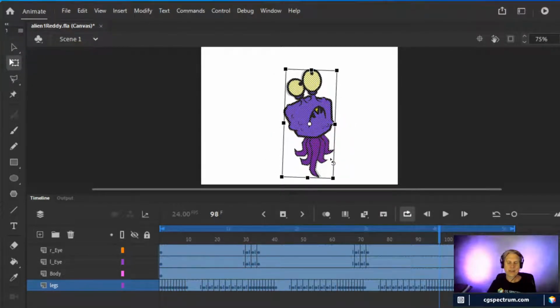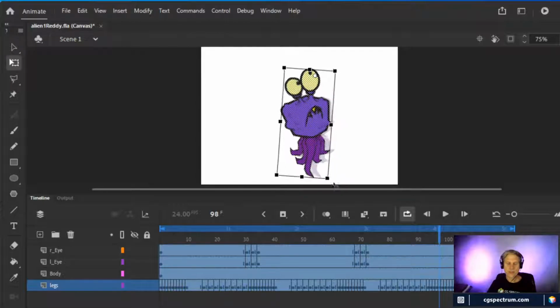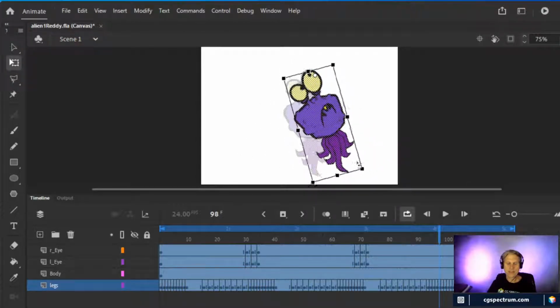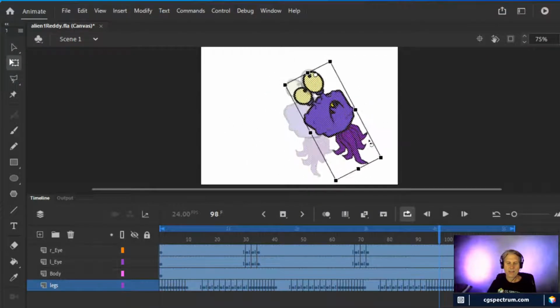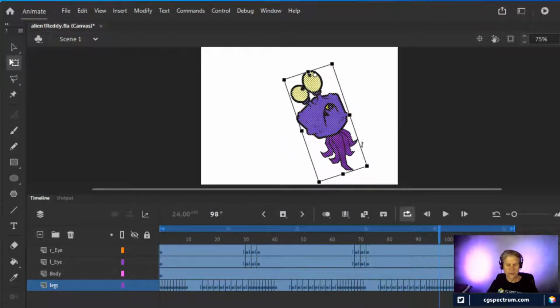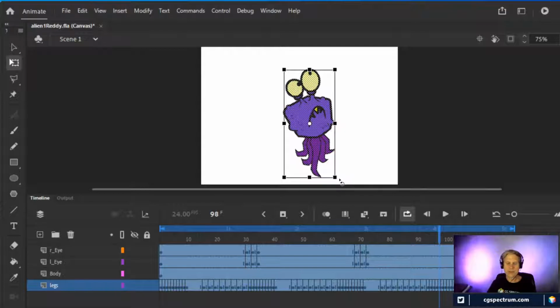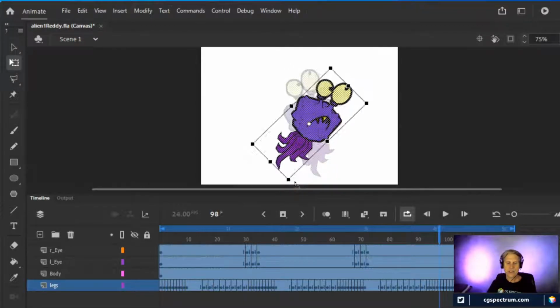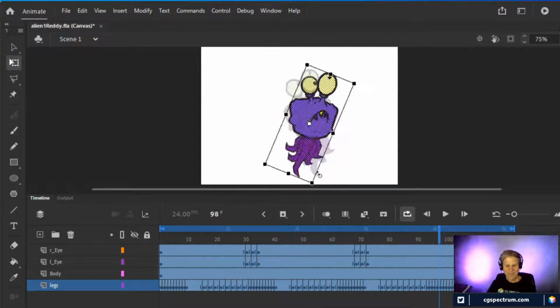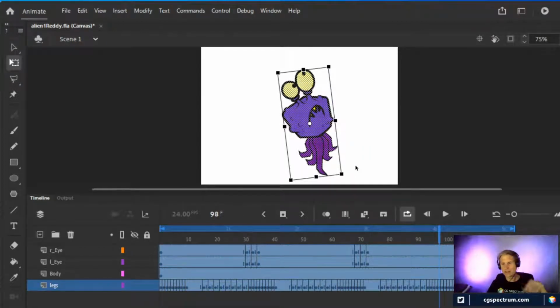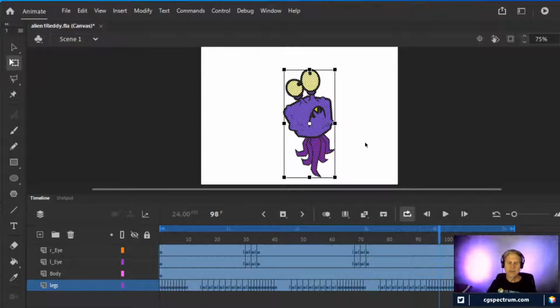And the way that Animate CC is set up, most programs are too, is I can move that center pivot so that it'll rotate from wherever I want it to. So if I wanted to have more of a bell ringing effect, it could do that. But that's not what I was interested in for this one. I was happy enough just to have it rotating from the center, and so you could animate it so that it's bobbing around in a scene and doing fun things. So that's basically this purple one.